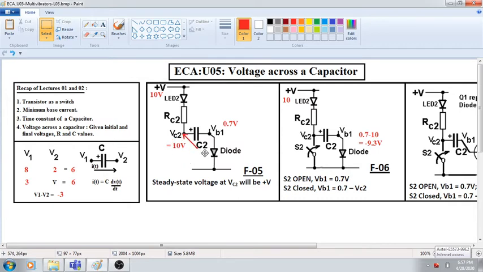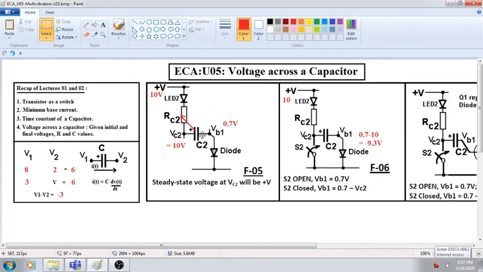Whenever this point is connected to ground, the LED will be glowing. Whenever this point is left open, this LED will be off. That is how it will be working. Now we have connected a capacitor here. We will see the function of this capacitor later, but let us assume there is a capacitor called C2. This node is actually connected to a transistor switch, if you remember. That transistor switch we replaced with a diode which represents the base emitter junction, to make the circuit very simple.